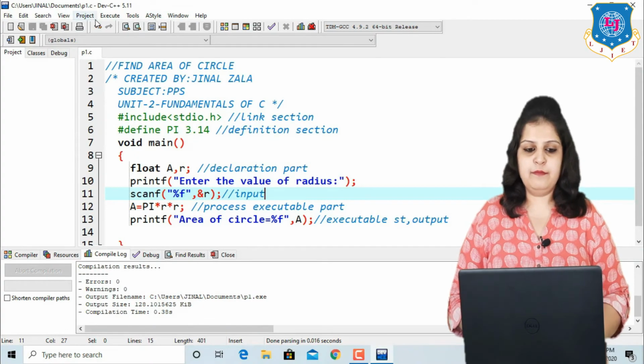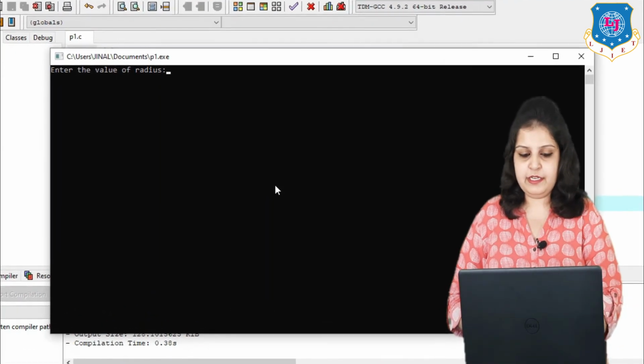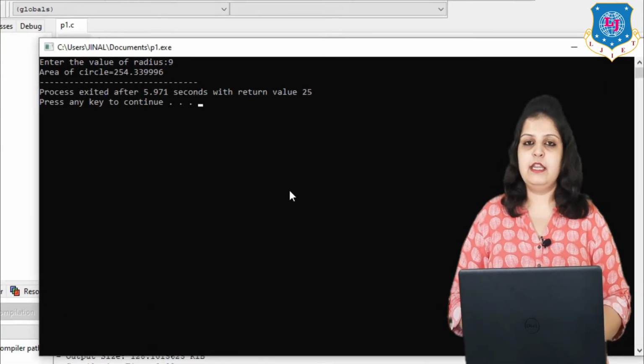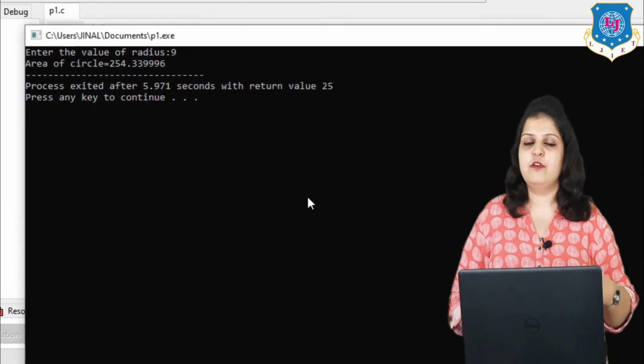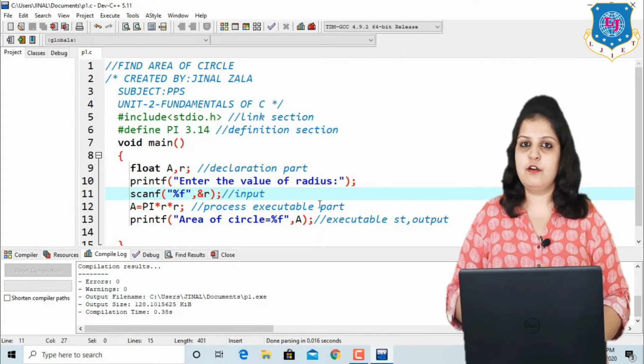Again run the program. Again it will ask to enter the radius, then I am entering suppose 9, and it will give you the answer according to our input. So we will always use the scanf function as our input function and the printf function as our output function. So this program is completed here.